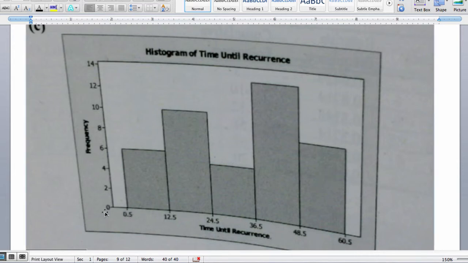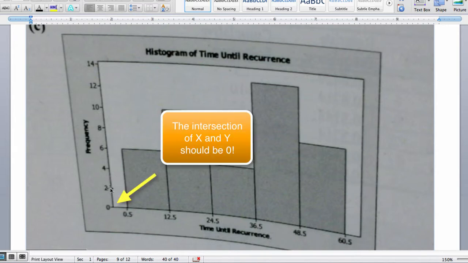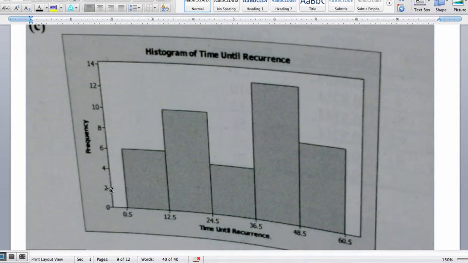Notice that your frequencies are on the y-axis, and keep them uniform. In other words, if you're going to do it even, like 2, 4, 6, 8, 10, 12, 14, etc., that's how you keep it. If you do 1, then do 1, 3, 5, 7. It's your preference. Also, notice that the size should be relatively the same from here to here, keep it uniform, as well as